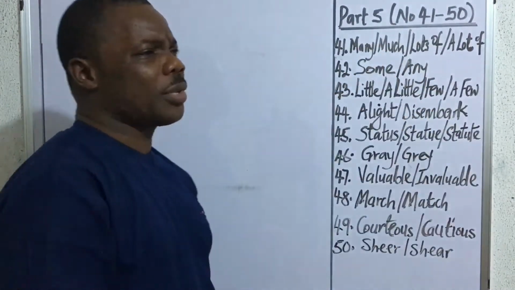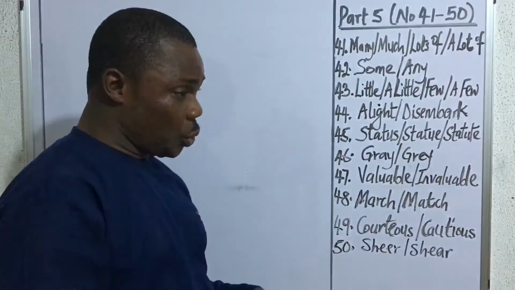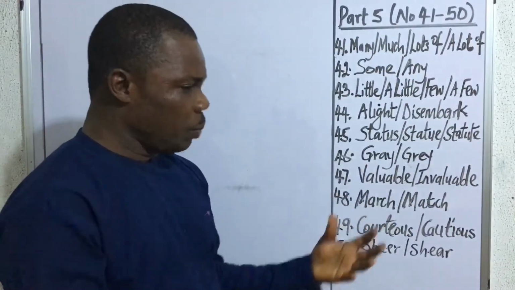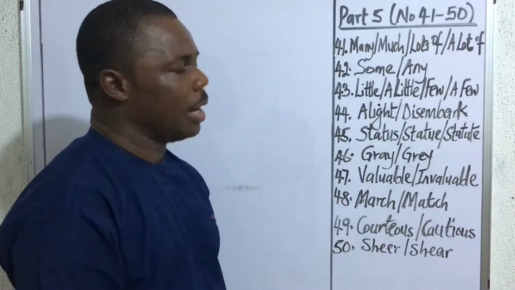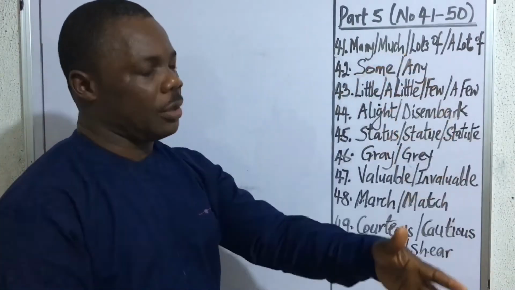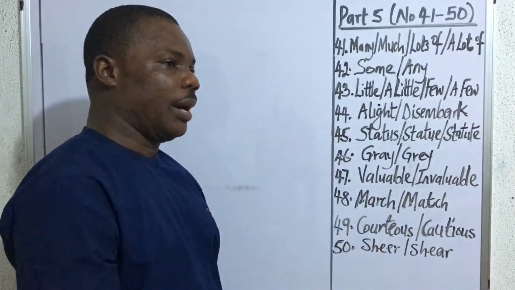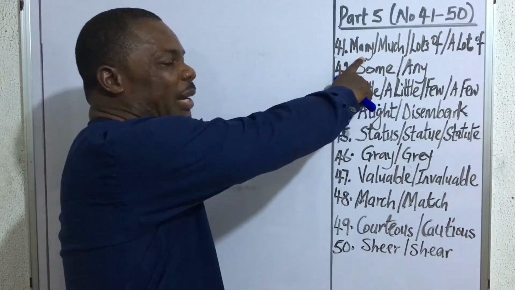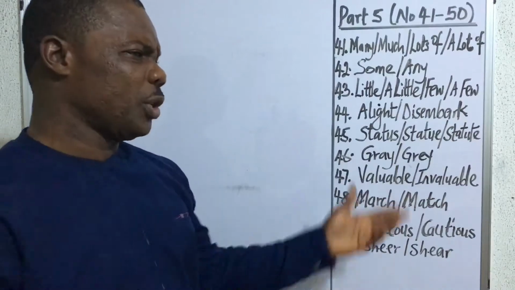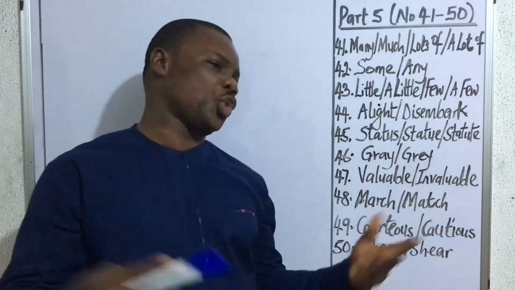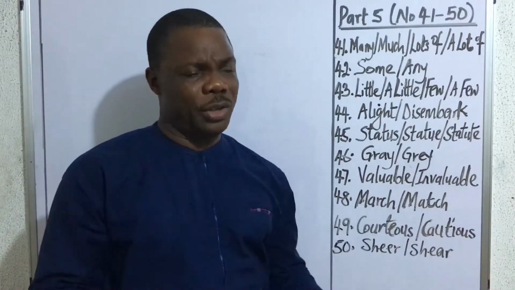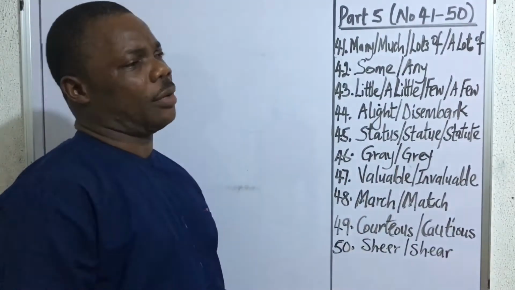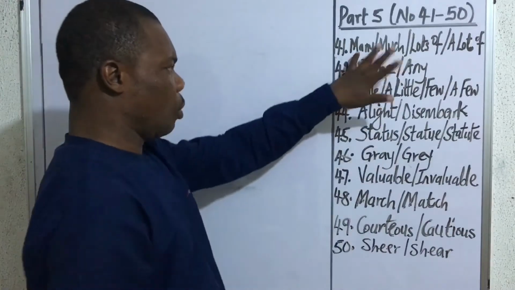Uncountable. So you cannot say the people that came to school today are not much, it is wrong because people are countable nouns, alright? So you cannot use much for countable. Therefore, the right thing to say is the people that came to school are not many, alright? Or many people did not come to school today. So you cannot say much people did not come to school. Much people are not in church today, or much people are not in the market. So things like that, alright? So anything that is countable goes with many.